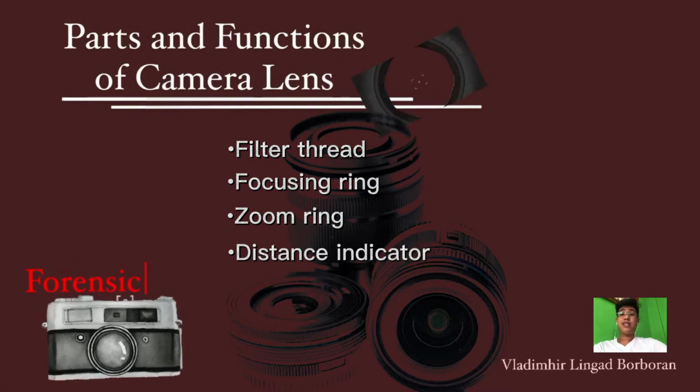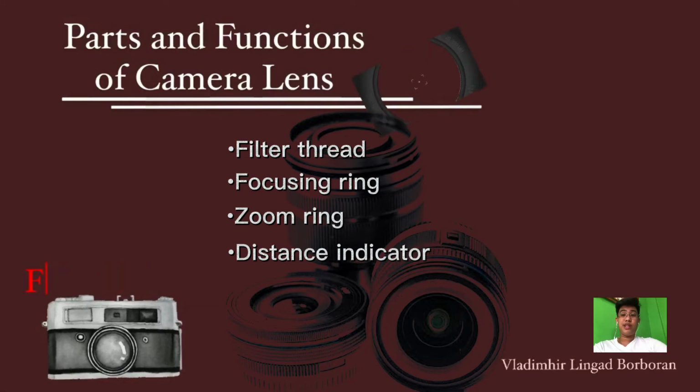Also, we have the distance indicators. Lenses, especially those for film and analog, have built-in distance indicators. These are for the purpose of focusing, especially when you need to focus to infinity. They aren't exactly precise, but they are a good guide for knowing which way to turn the lens to focus